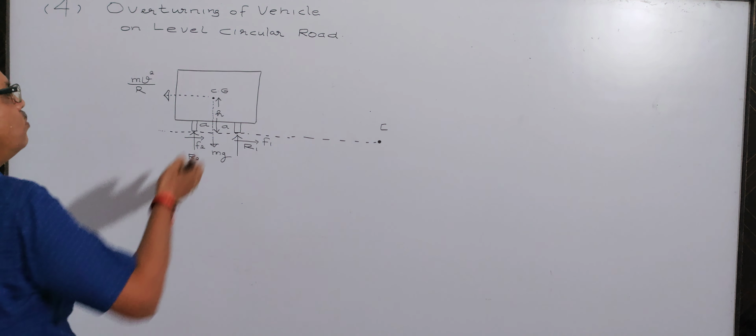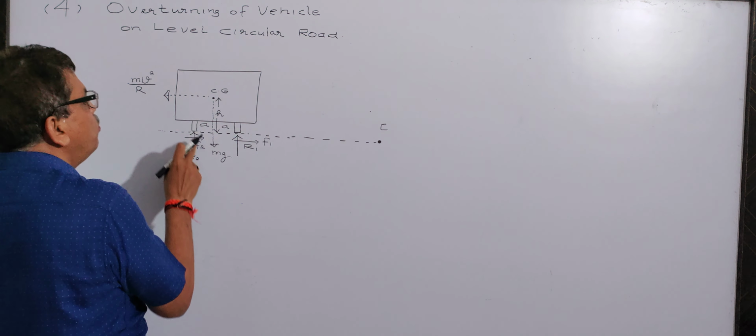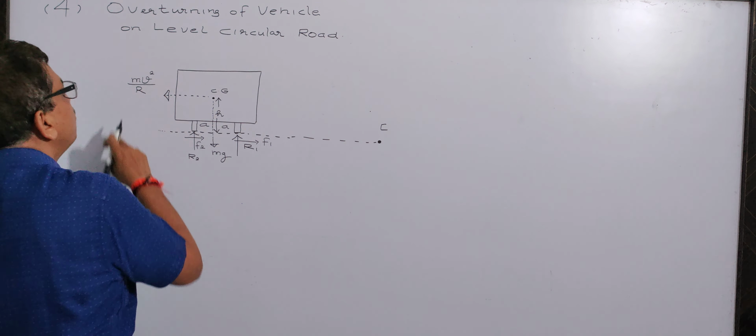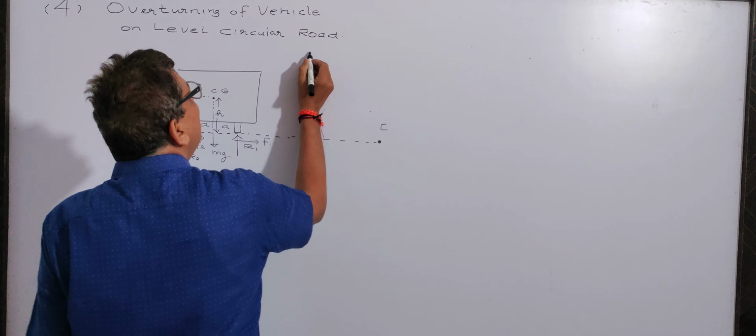Now I can find out the moment about the outer wheel at this point. R1 plus mv square by r into h will be equal to mg clockwise. So let us find out